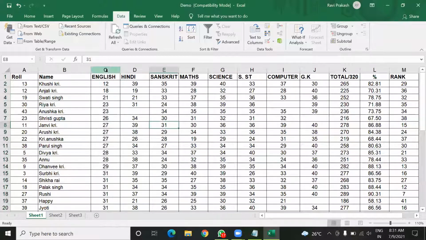Just see here, this English column is now arranged in ascending order. Now I am going to arrange it in descending order, means decreasing order.